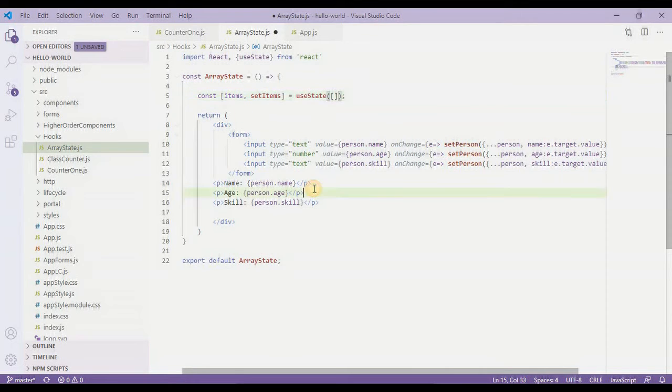Alright, now I will have a button over here, and then in this button I'm going to provide some values to this items array, and I also need a list to show what are the items over there.